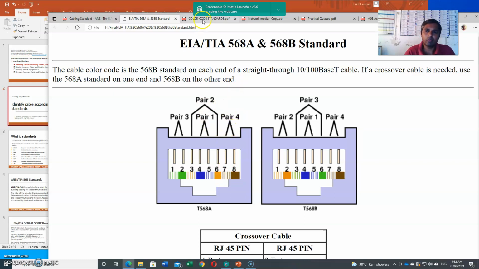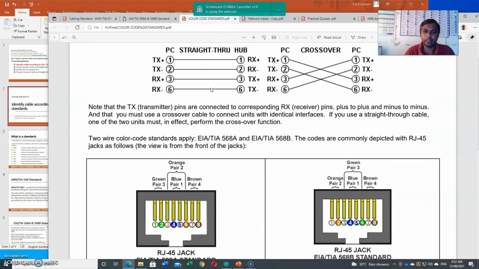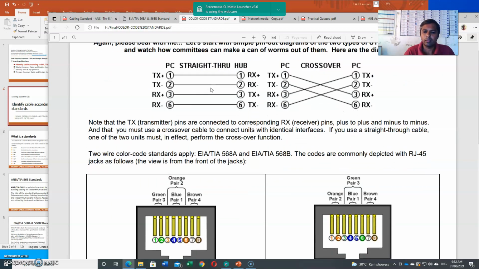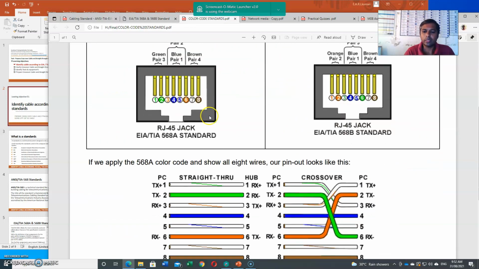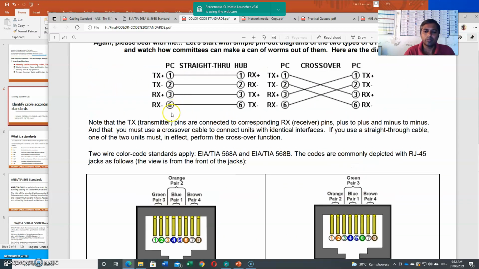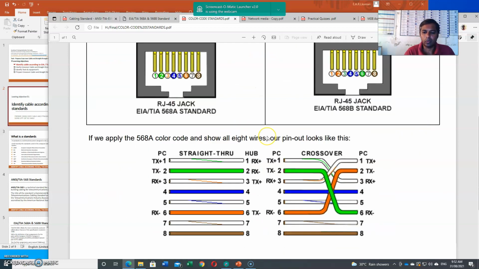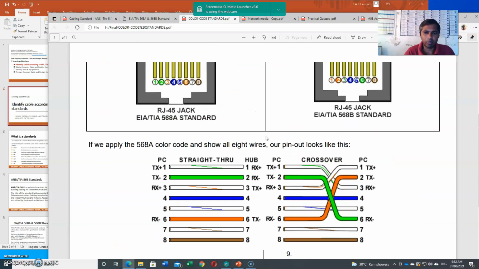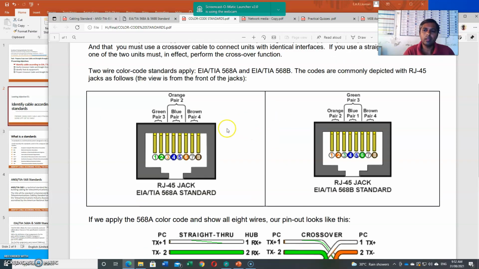And the third document I provide is the color code standards. This color code should be learned. I provide this document on the G drive.